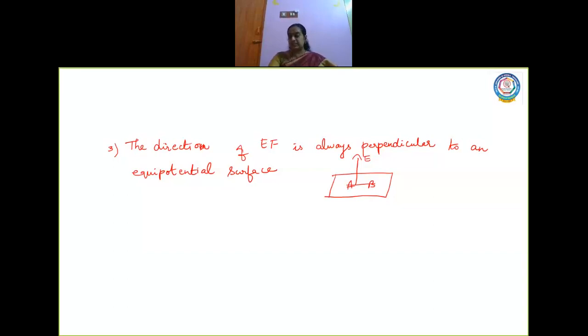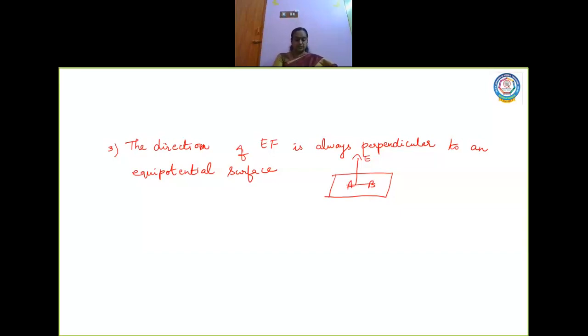If you are going to have an electric field parallel to the surface, in that case, the electric field will have a component and you have to do the work against this component. But whereas in an equipotential surface, the potential is 0. So you cannot do any work. So naturally, you cannot imagine an electric field to be parallel to the equipotential surface, but it is always perpendicular